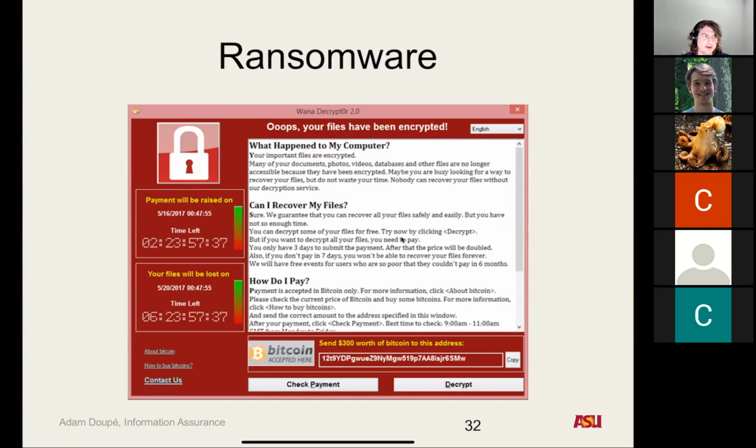How many programs iterate through every file on your system, encrypt it, and then overwrite those files? There's probably a very limited number of those, so you may be able to detect this behavior. But other things, like backup software or Dropbox, scan through all my files in my Dropbox folder and even update them, so it may look like ransomware.